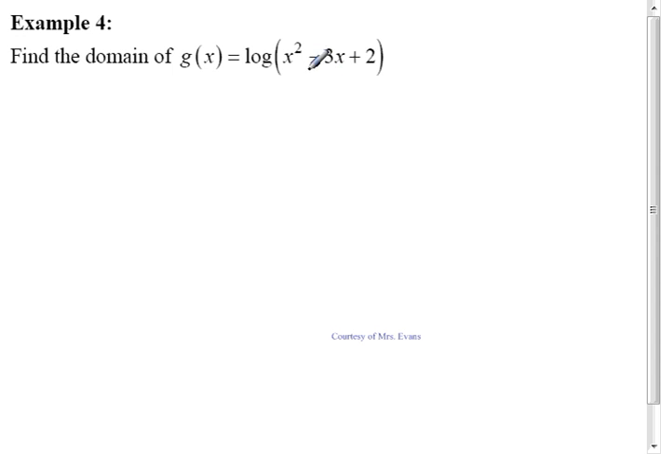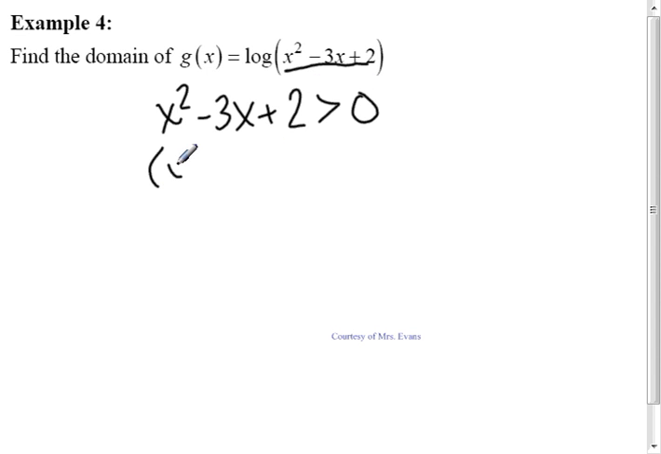Alright, so we're using that idea I told you earlier. The inside part must be greater than 0. Hopefully you remember how to solve inequalities. If not, this is a great place to practice. Alright, we can factor this. So we get x minus 2, x minus 1